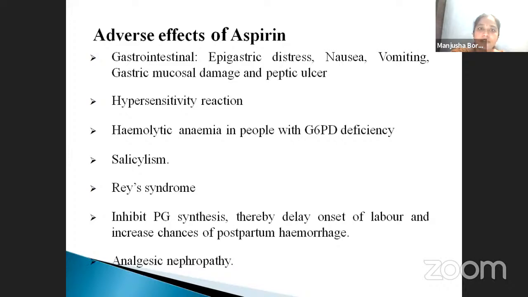Coming to the adverse effects of aspirin, because of inhibition of prostaglandin synthesis, it produces mainly gastrointestinal side effects like epigastric distress, nausea, vomiting, gastrointestinal mucosal damage, and peptic ulcer. It also produces hypersensitivity reactions. Hemolytic anemia occurs in people with glucose-6-phosphate dehydrogenase deficiency. Salicylism is one of the most